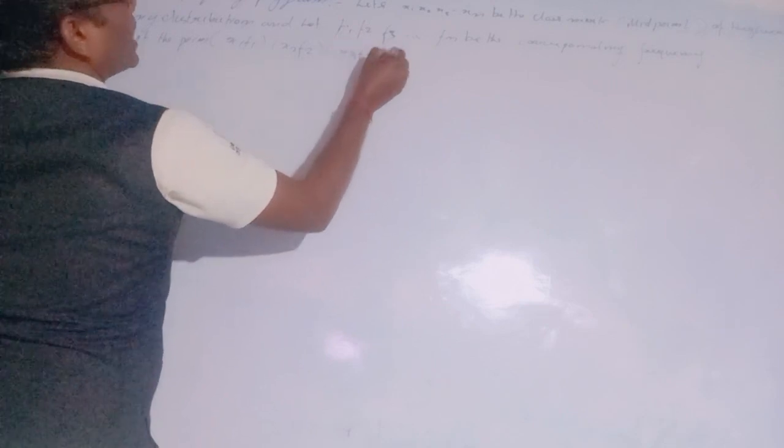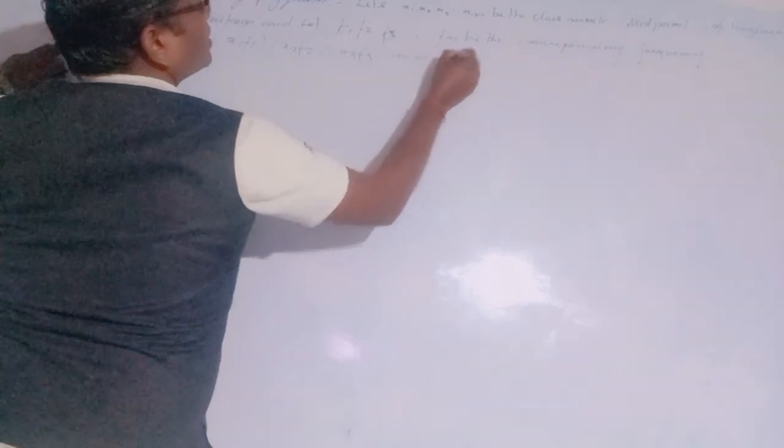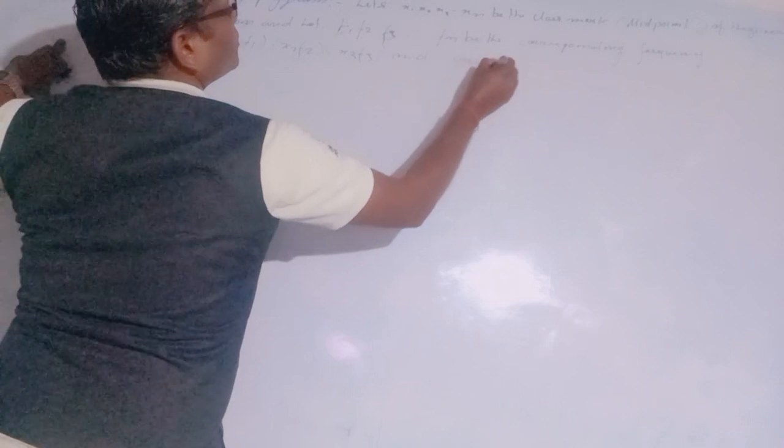We plot the points (x1, f1), (x2, f2), (x3, f3), ..., (xn, fn) on the graph paper,